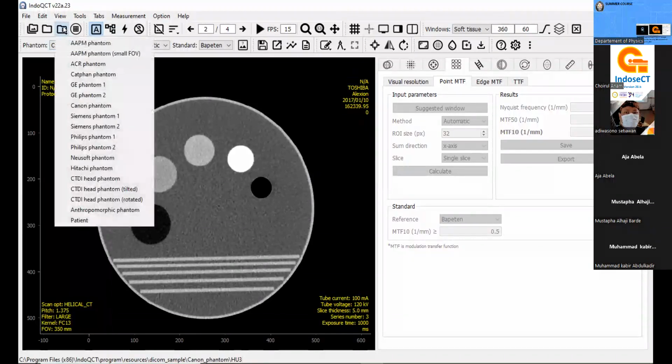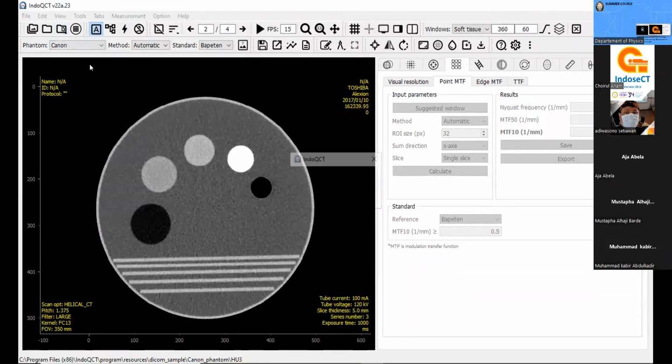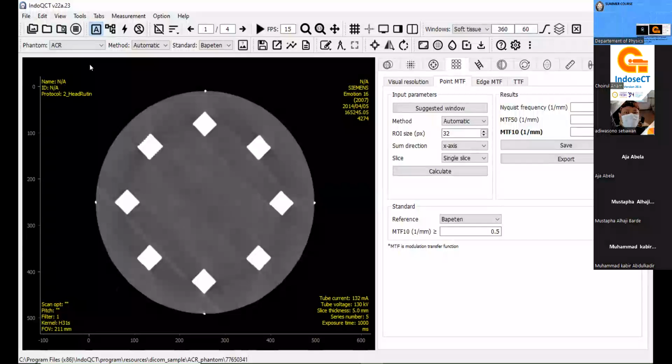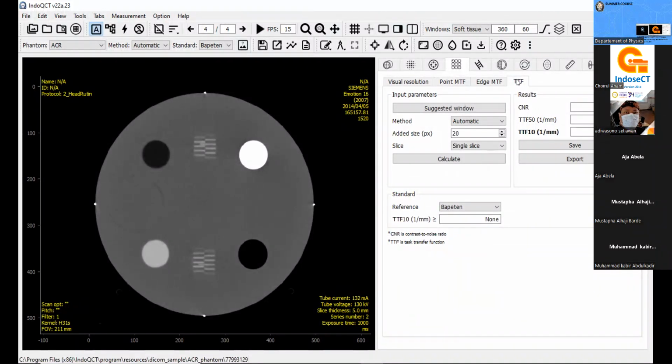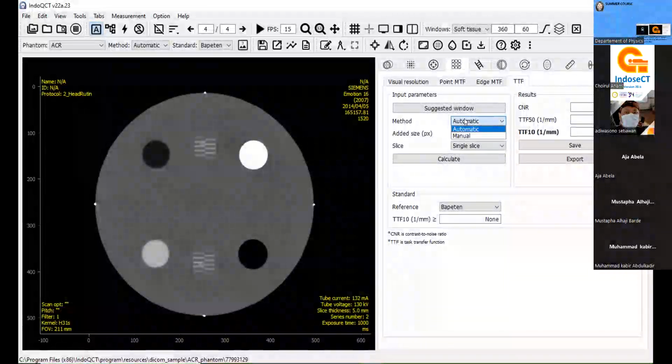Okay, for the example, I will use the OCR phantom. This is the phantom, and this one is for measuring the TTF, task transfer function. Okay, and then I click this one, TTF, and there is automatic and manual.